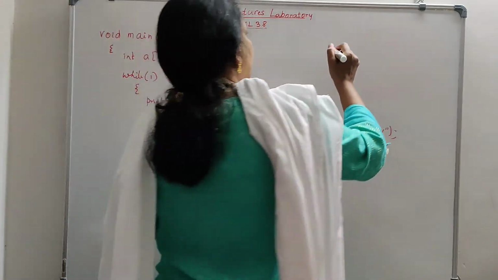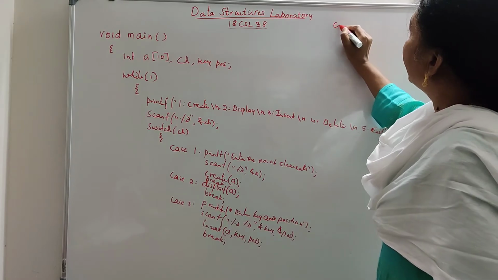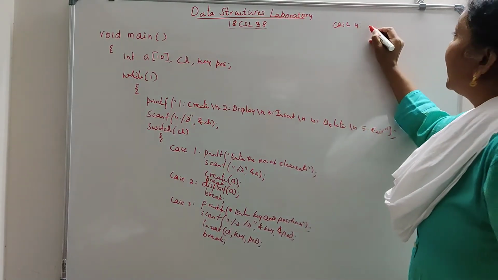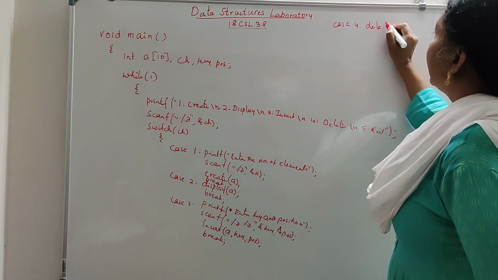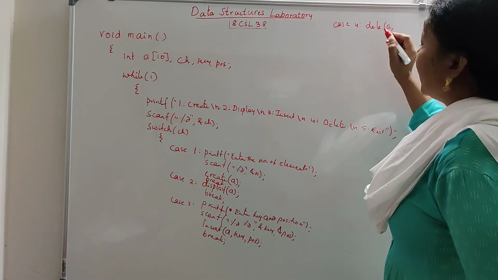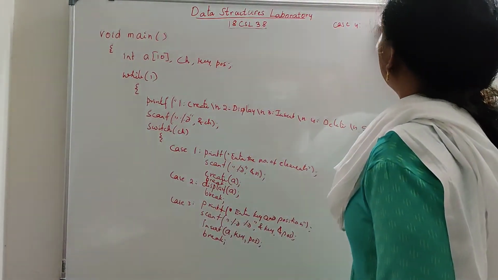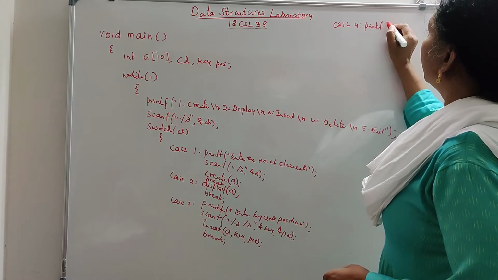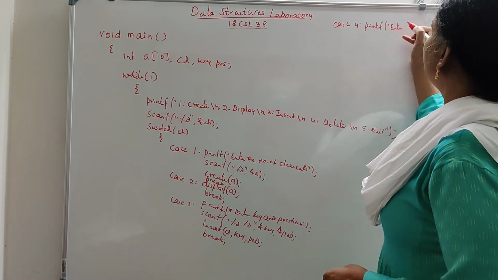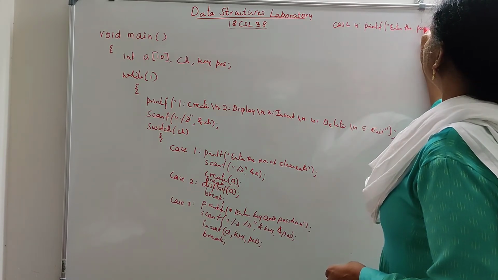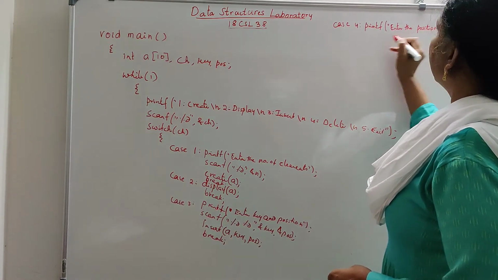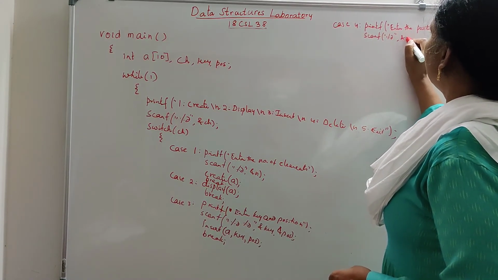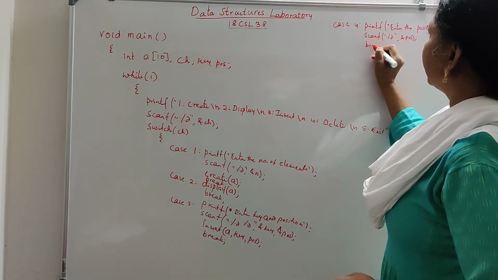Okay, I'll continue with case 4 from here, and this is case 4. Case 4 is for the delete. Okay, and you don't require any data for that. Just you can write delete, then you need the position from where you are going to delete the element. So ask the user to enter the position. Enter the position where you need to delete. Okay, and read it. Scanf %d &position and break it.